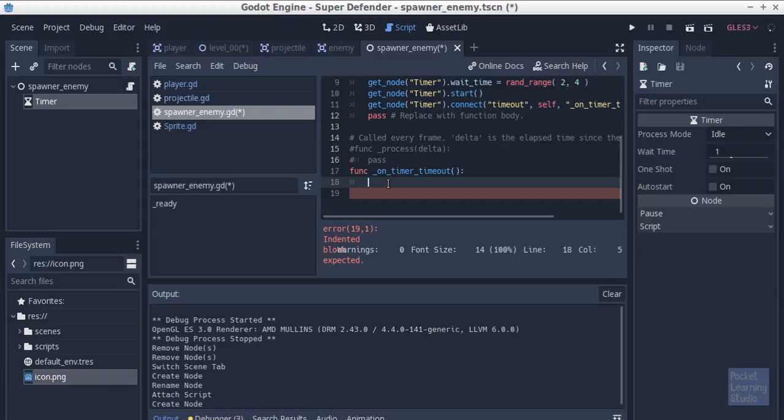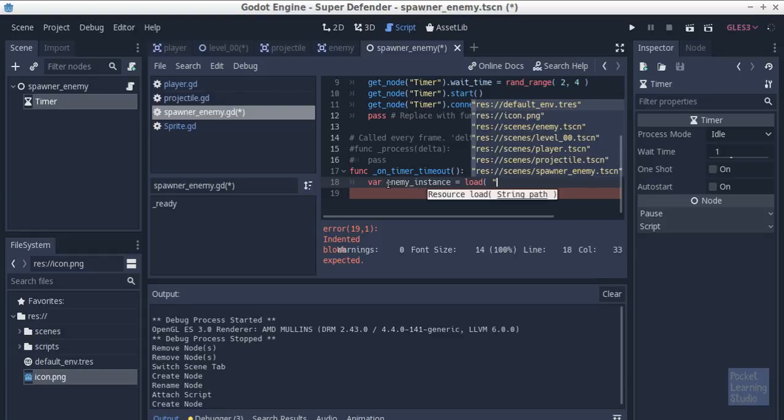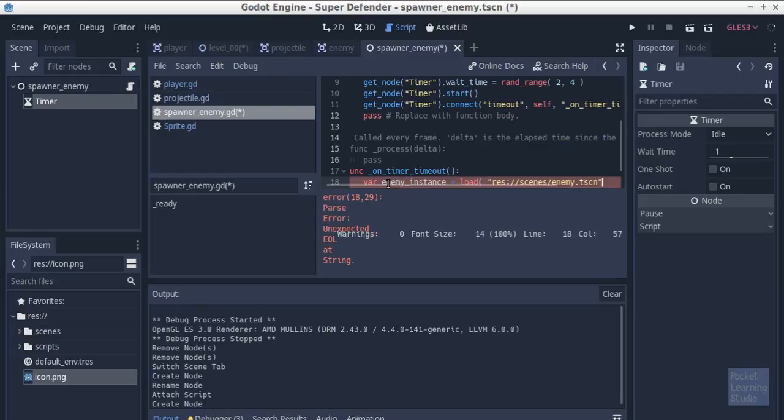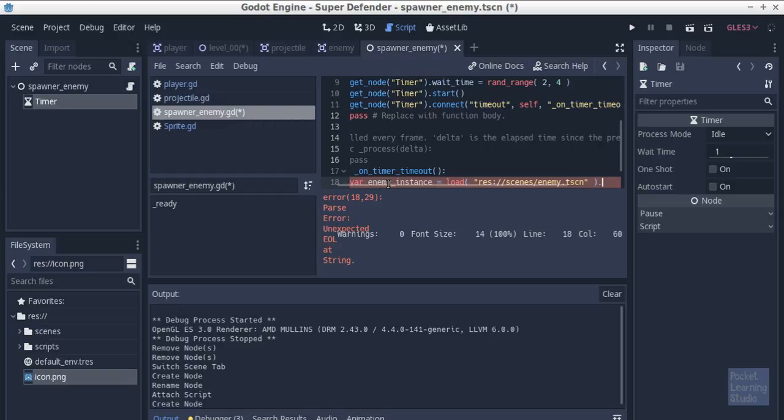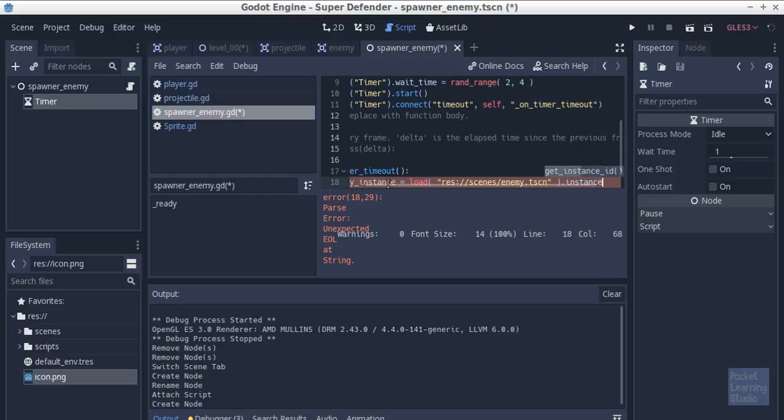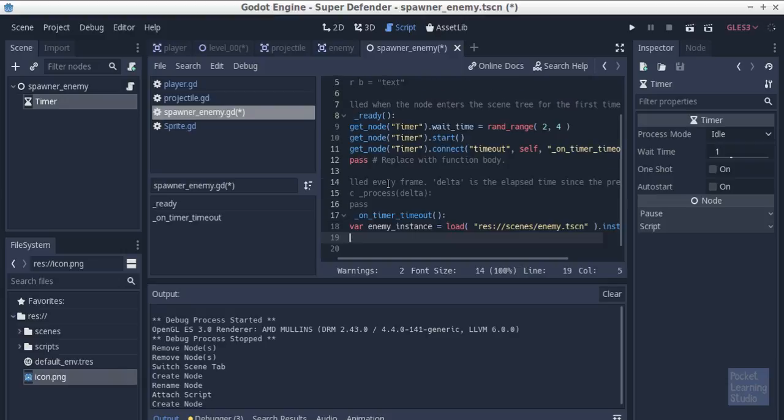Okay, so let's go variable enemy instance equals, remember, load, and again load, where are we, enemy scene, so the enemy scene there. And remember, the biggest mistake I always make is I don't put instance at it, and you get all kind of packed scene errors and all that sort of stuff. So we're instancing that,